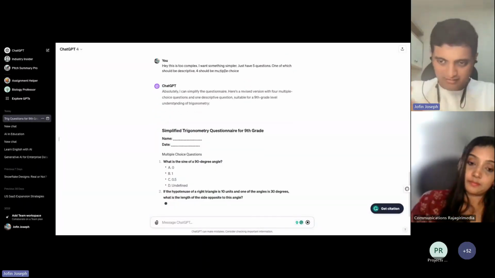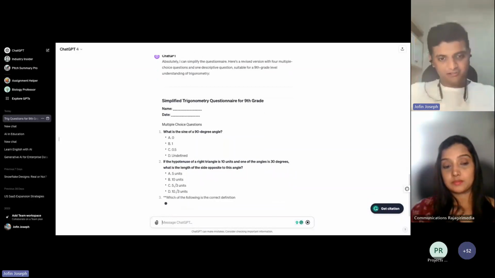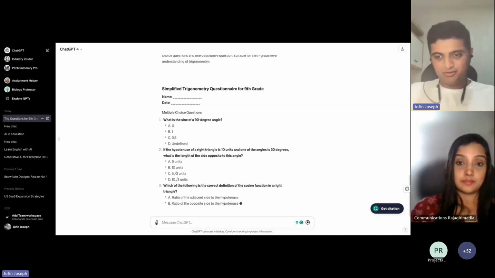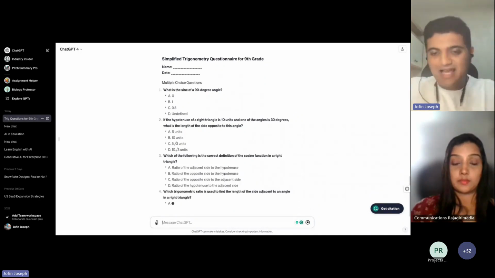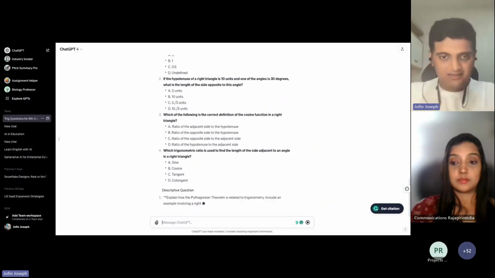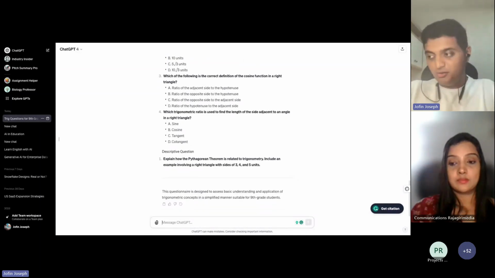So now if you want more specifications, I want 30% of the questions to be simple, 30% of the questions to be medium, or 40% of the questions to be really hard. You can actually do that, right? It's as simple as actually telling it. And this is ChatGPT, right? Now you can do other things as well, right?